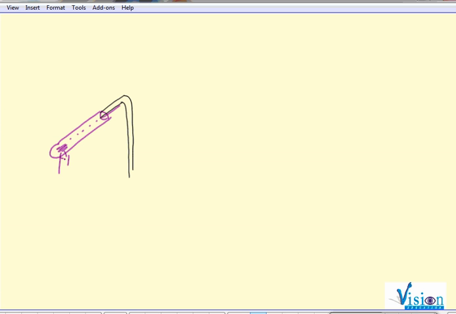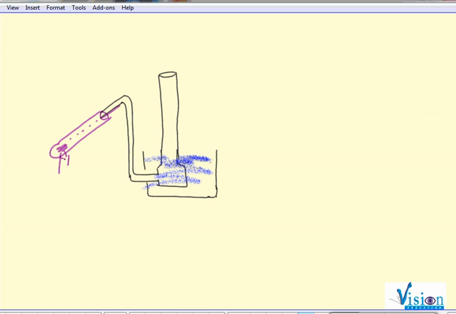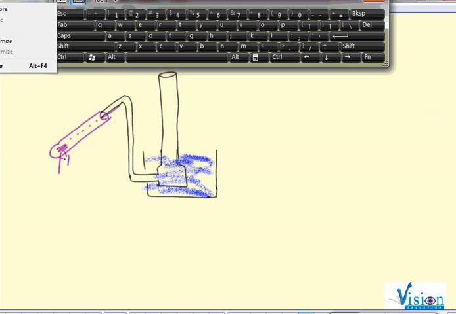We collect it by using downward displacement of water. We studied about this kind of experiment earlier. Suppose here water is there. So in this water,